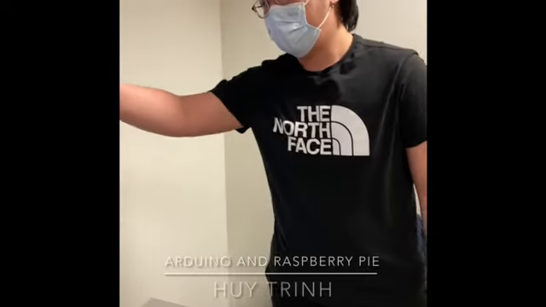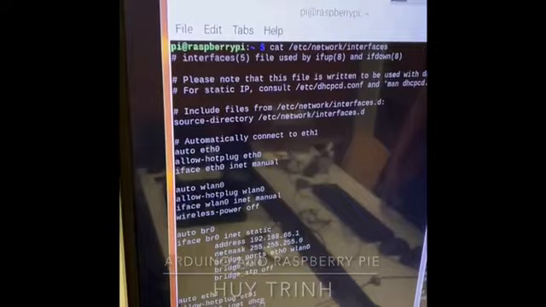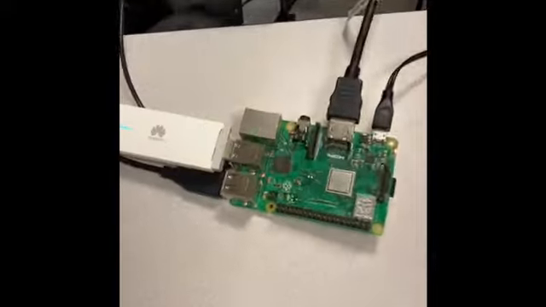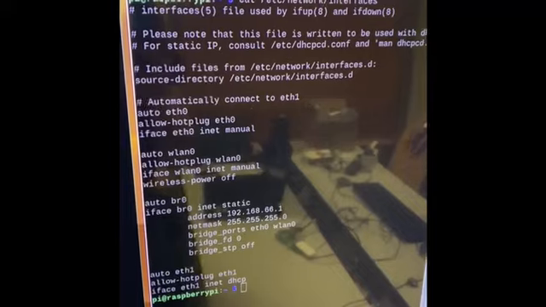So here is the Raspbian operating system, and here is all the code we configured to make it a wireless access point. In the network interface configuration file, we have configured the Ethernet 0 and the wireless LAN 0,